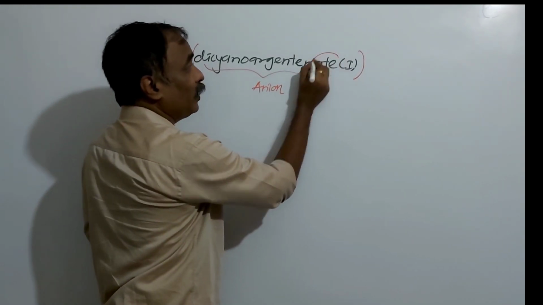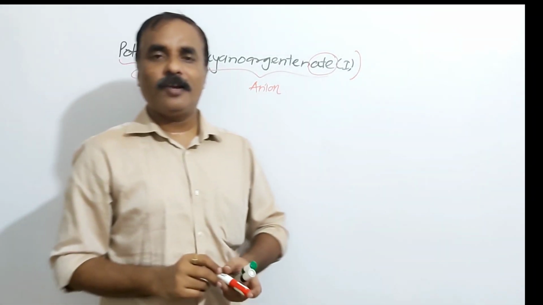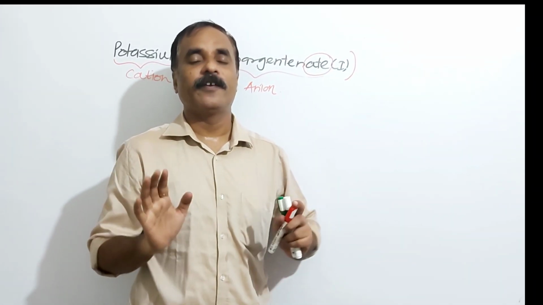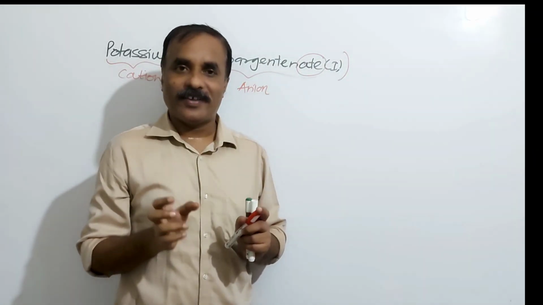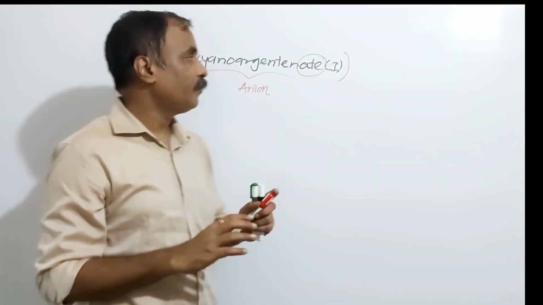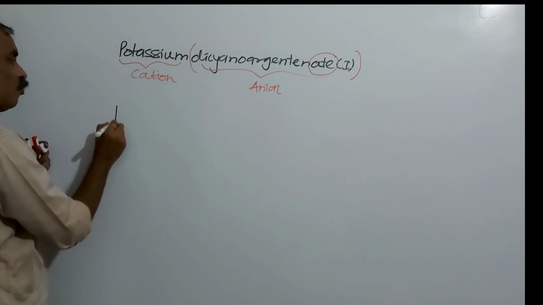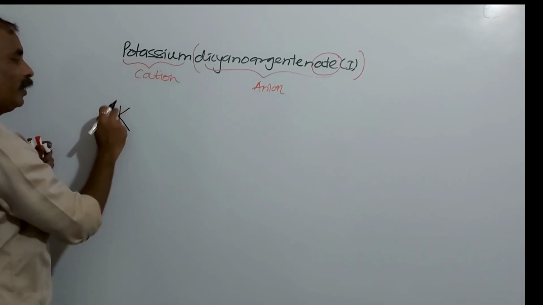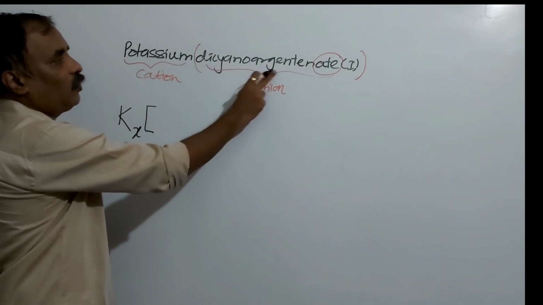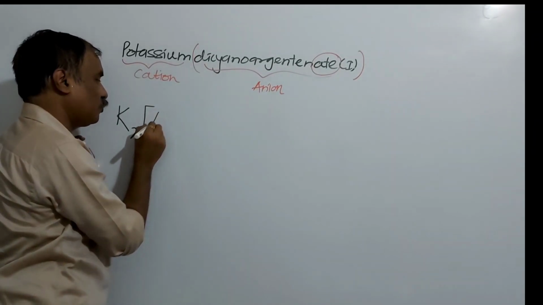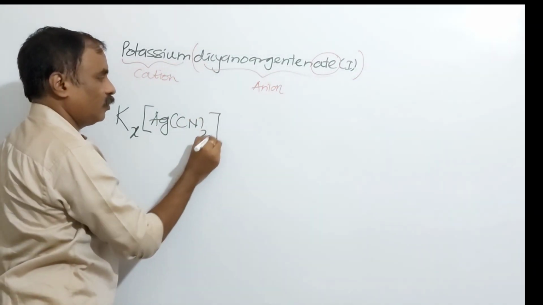So this ATE also indicates this is an anionic complex. Because when a metal is present in an anionic complex, the name of that metal ends with ATE, and we use its Latin name except mercury, isn't it? So potassium. To compose the structural formula: potassium is K, but we don't know how many K, that is X, consider X in square bracket. Now dicyanoargentinate: argentinate is silver, first write down silver and then the ligands, dicyano is CN twice, to the power Y.